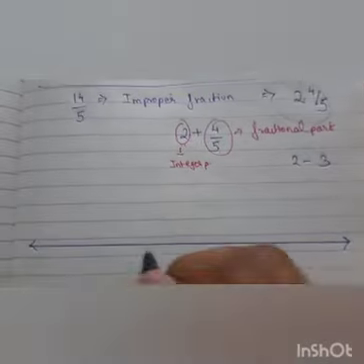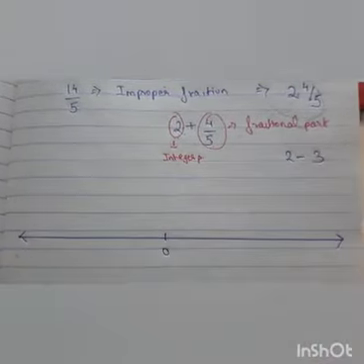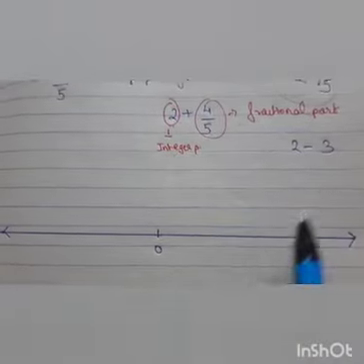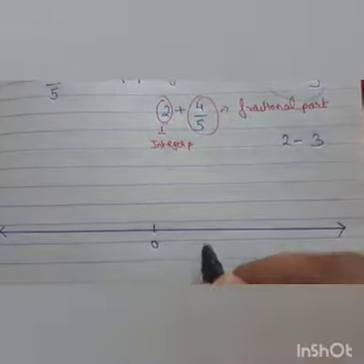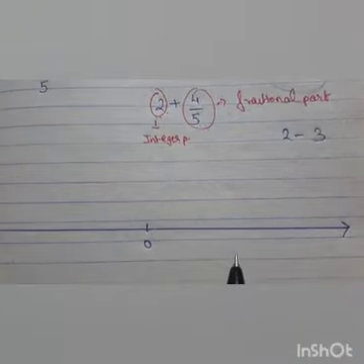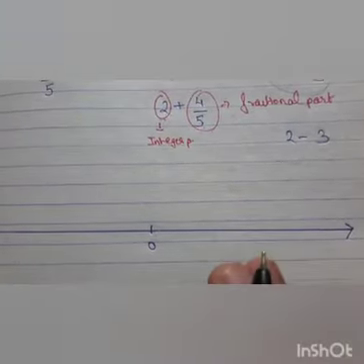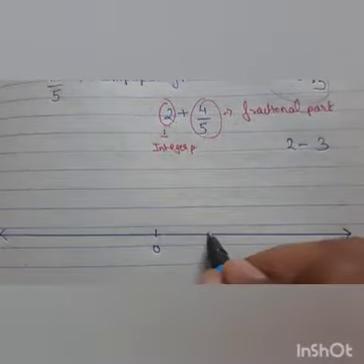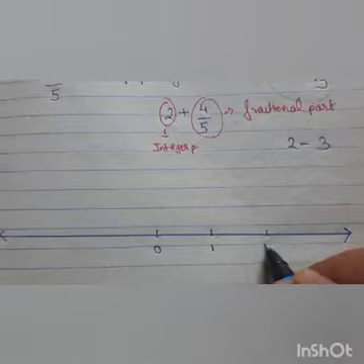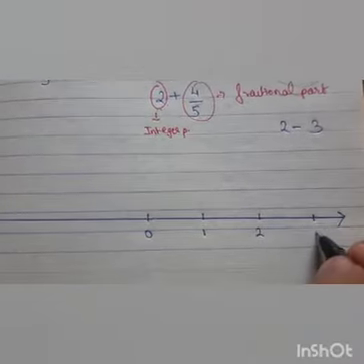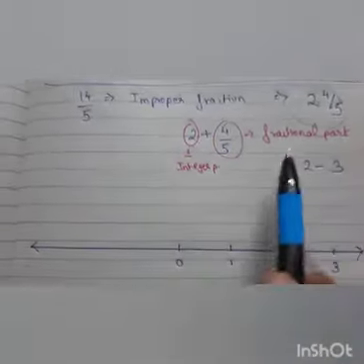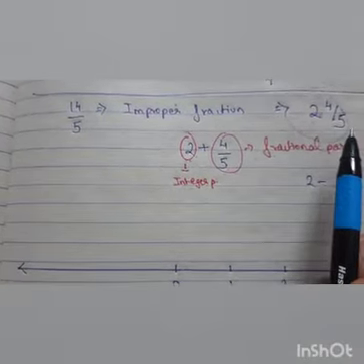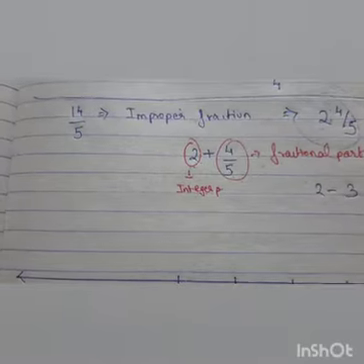Draw a number line. Okay, at between there will be 0. Now it will lie between 2 to 3, so we will take proper division. Class, again and again I am saying, when you are plotting it in your notebook, with the help of a scale divide it into equal parts. Okay, 1, 2 and 3. Now we need to represent 2 whole number 4 upon 5 on this number line.